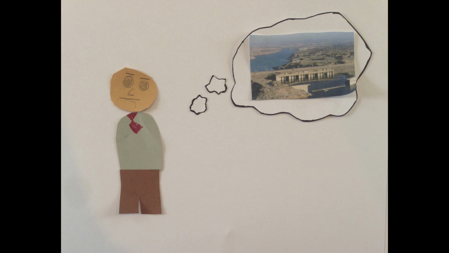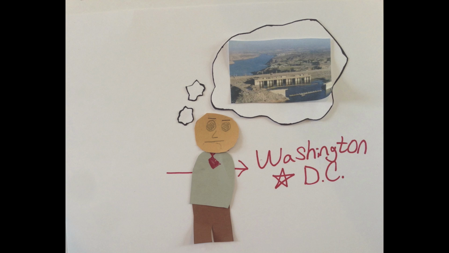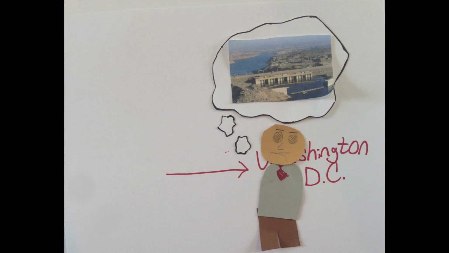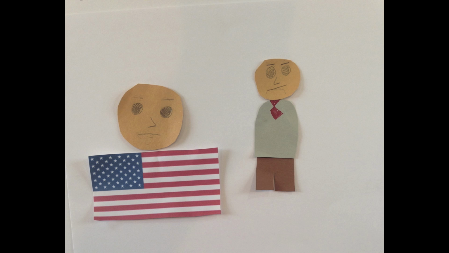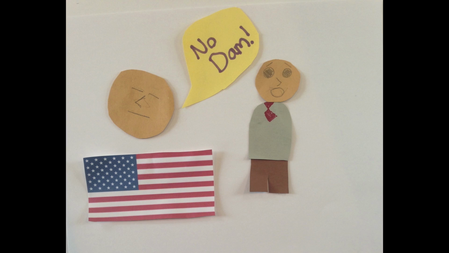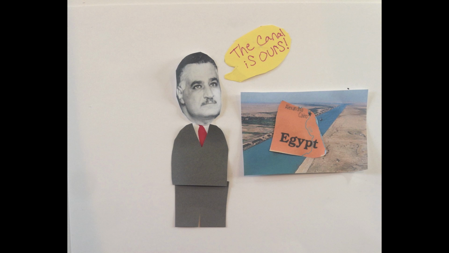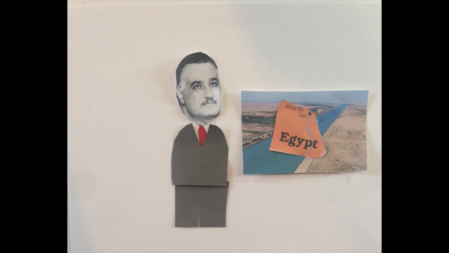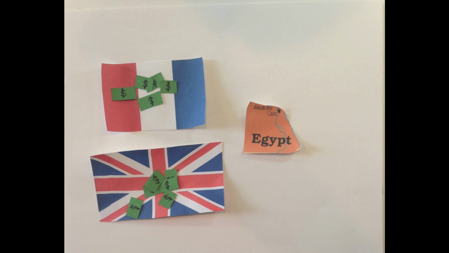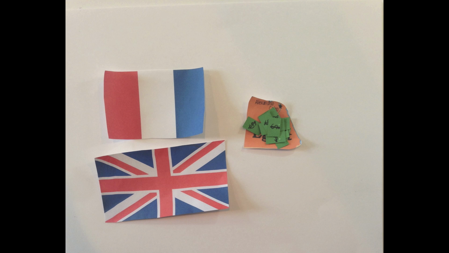The Suez Canal crisis of 1956 began with the Egyptian foreign minister's visit to Washington, D.C. to discuss building the Aswan Dam on the Nile River. When he arrived, he was completely ignored, and it was announced that America would no longer back the dam. Nasser decided to take the Suez Canal for Egypt because the country felt that it belonged to them. This violated the agreement Egypt had with Great Britain and France, who owned the canal and gave Egypt money to